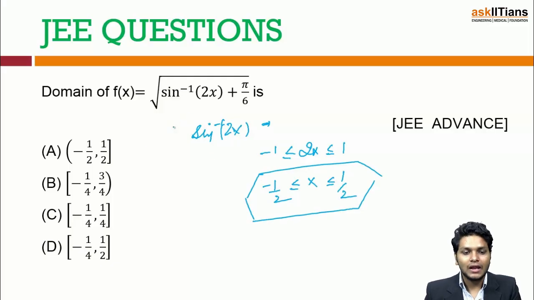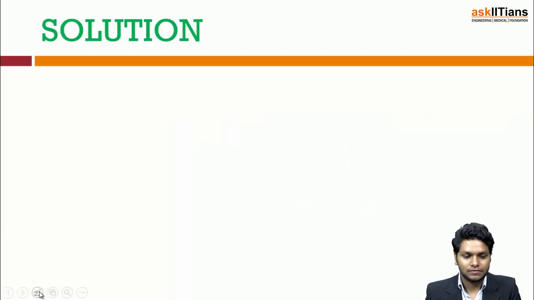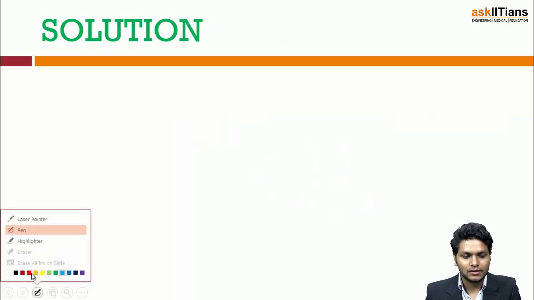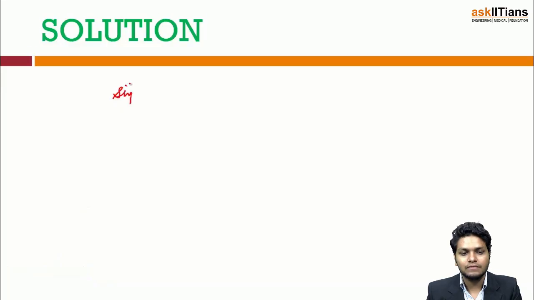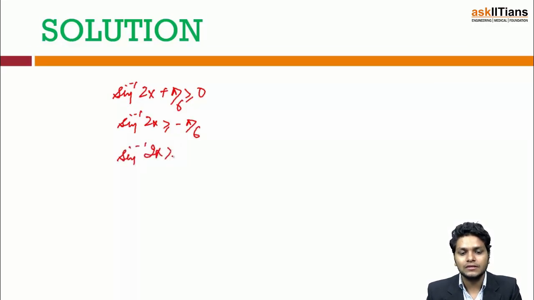Now that sine inverse 2x is defined, what do I have to look at again? I have to think about the square root. As for the real functions that you are reading, the expression under the square root must be non-negative. So sine inverse 2x plus pi by 6 must be greater than or equal to 0. So sine inverse 2x is greater than or equal to minus pi by 6, which is nothing but sine inverse of